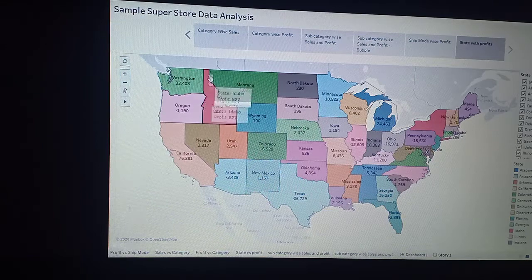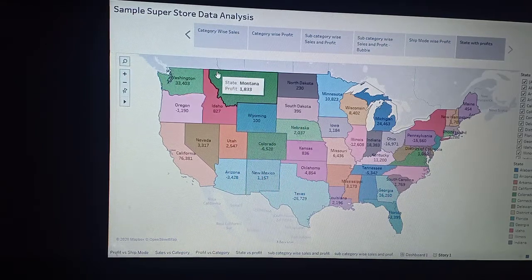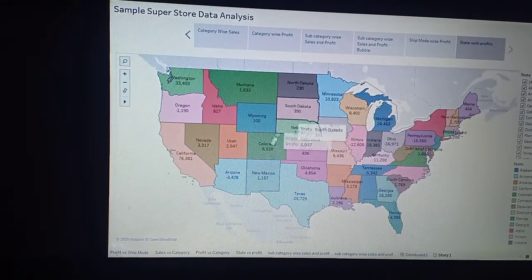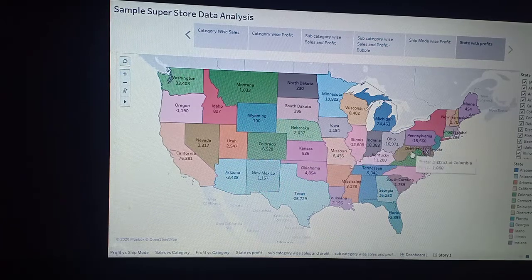So I think the west part is giving you some great profits. The middle part is still, I mean, only the Texas part is not good. It's the lowest, and here Pennsylvania is negative. So we can focus on these states: Illinois, Ohio. The urgent one would be maybe Texas. We can look into the Texas part because the profit is not happening here. So this is the state-wise profit going on in the United States for this business.